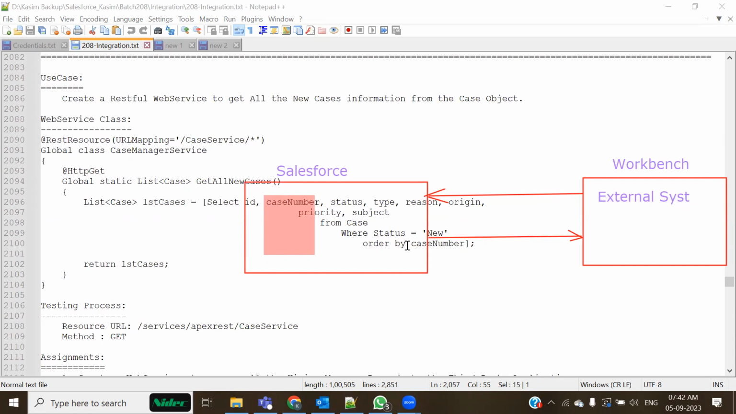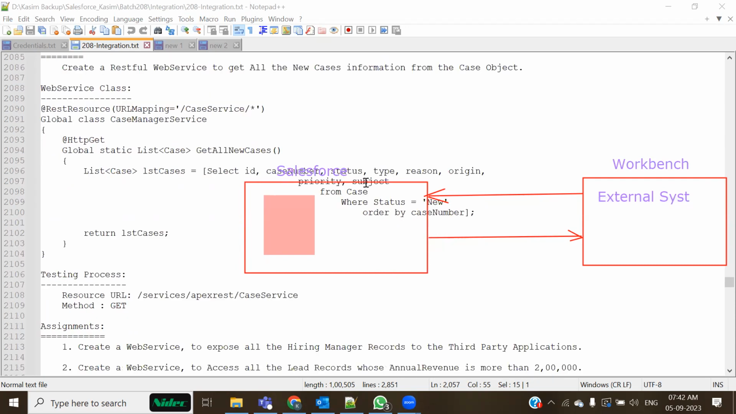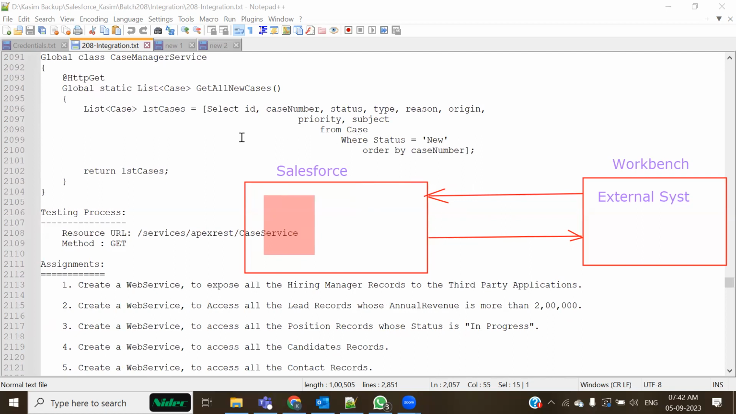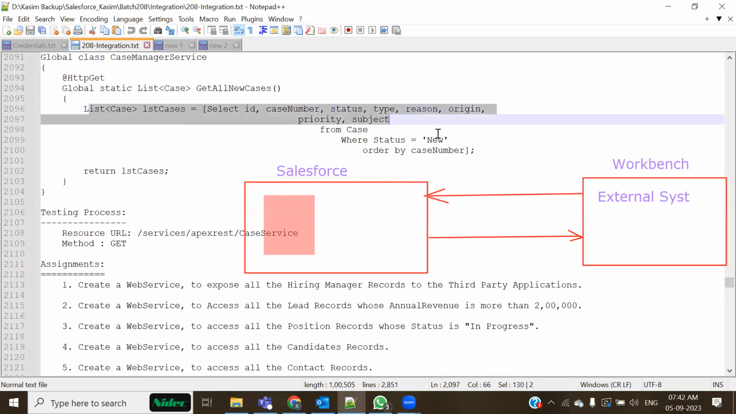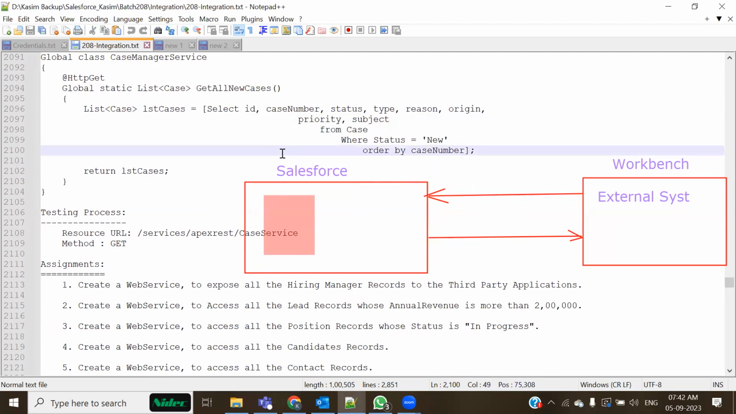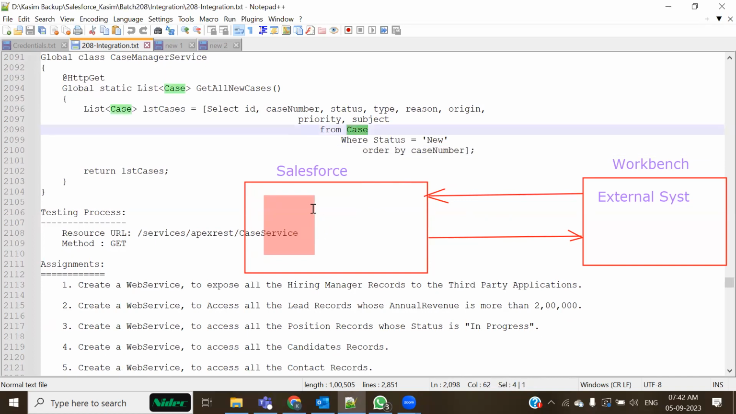The second one was that we change the query, particularly in this example. If you observe this query, what this query is actually returning is the records of the case object, but it is not returning everything out of